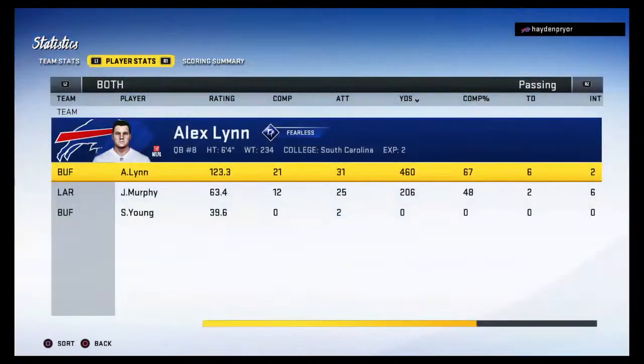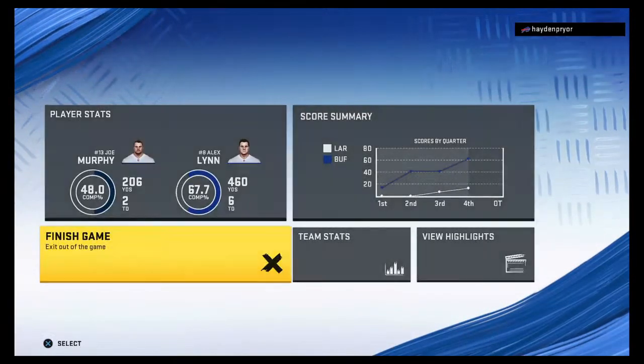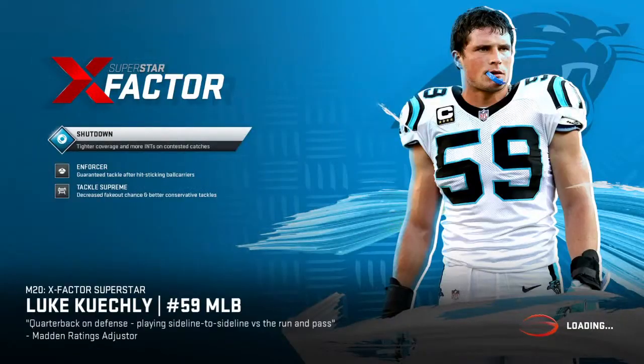So for the Bills, the win gets them back to 500 at 6-6 on the year. And they will hit the road next week for a date with